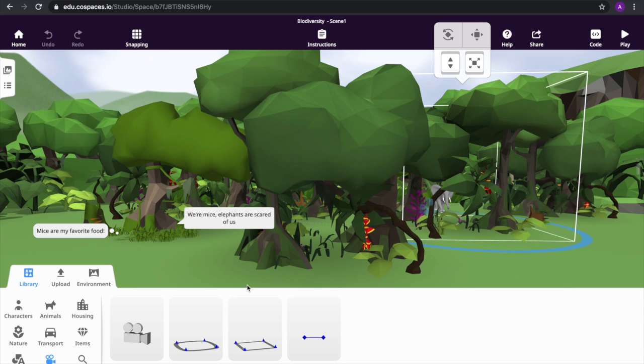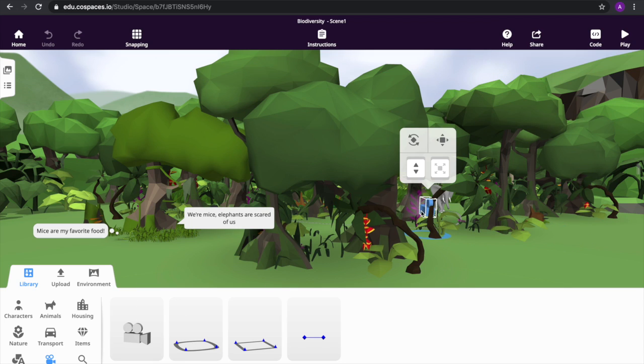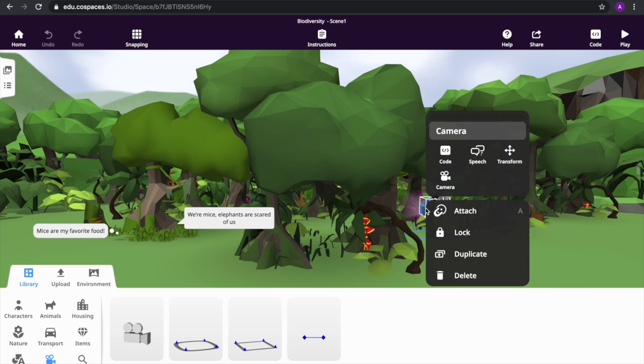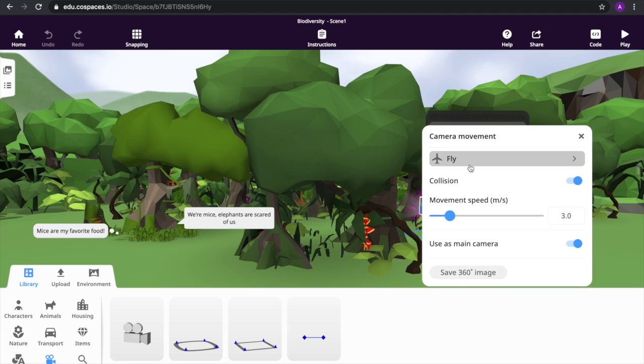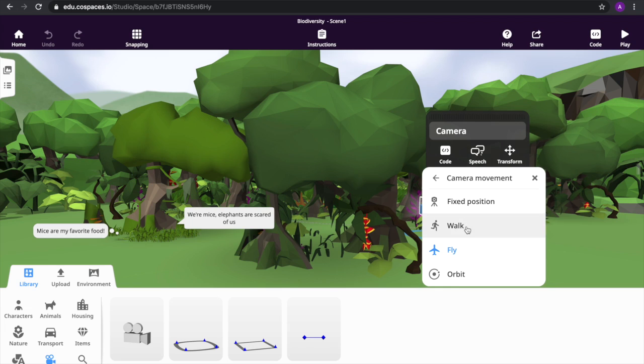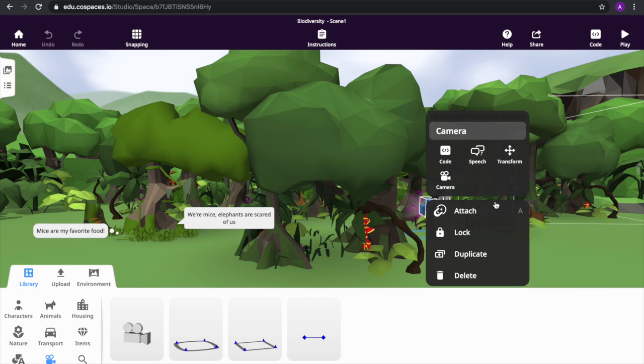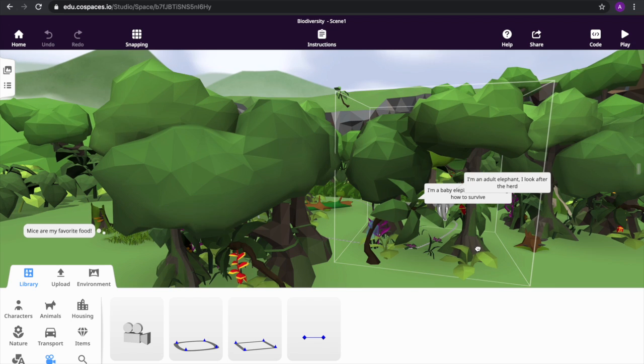But the camera has a few different options that you can do with it. So when you right-click on the camera, and I would really recommend you do this with a mouse, you can see its options. Now I've set this to fly, but it can also be walk or fixed position. Fly, in my opinion, is the one that you'll want to do, especially if you want your students to explore the 3D Cospaces. This will allow the camera to move not only in all directions, but up and down as